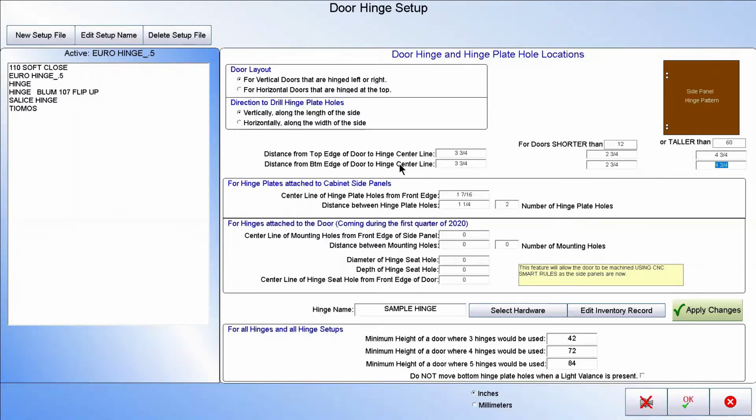Now, because we have this information, number of mounting holes, usually that's 2, the center line of holes from front edge of the side panel. Remember I said, I think it was 37 millimeters. Well, you put whatever you want here in inches or millimeters. And so all you'll have to do is figure this part out by the specifications on a particular hinge, and then a smart rule will apply this immediately, just like it does the hinge plate holes for your unfinished ends